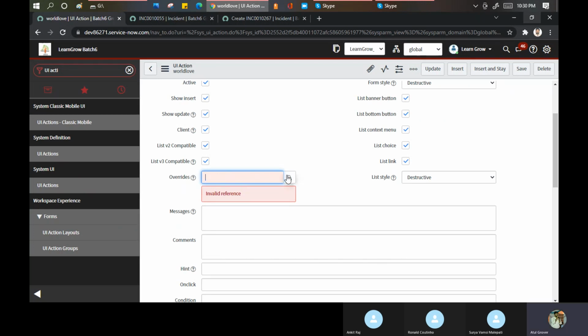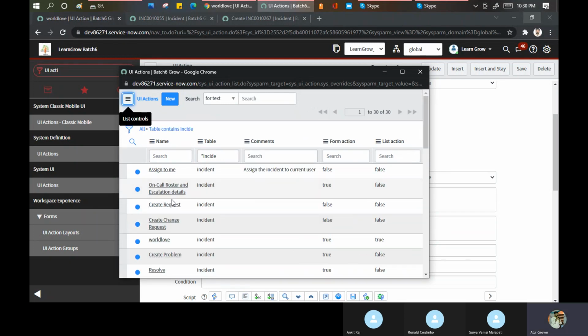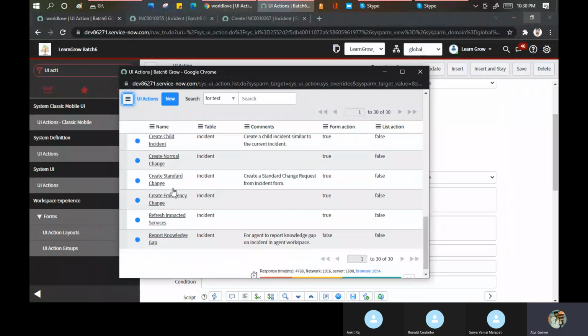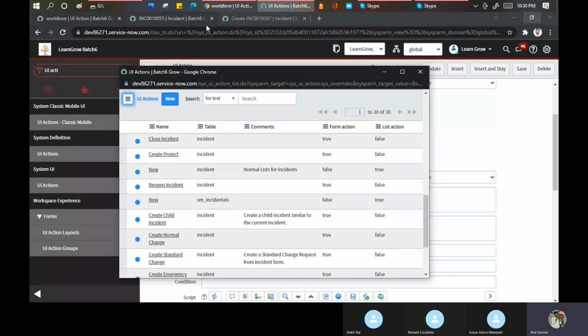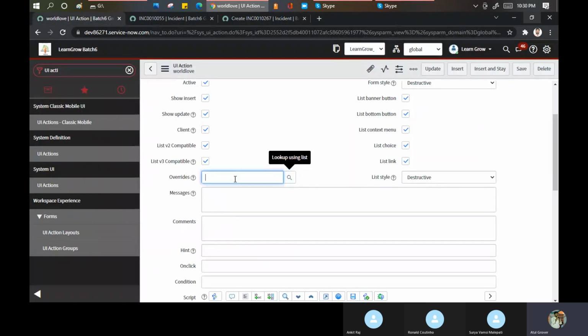Let me. इंसिडेंट पे सेव है क्या? नहीं, इंसिडेंट पे सेव नहीं. इसका मतलब this save is not on the incident table. This save is on the task table somewhere. Let me override the resolve. Let's say resolve को override करके देखते हैं. हाँ, वो तो कर सकते हैं ना.